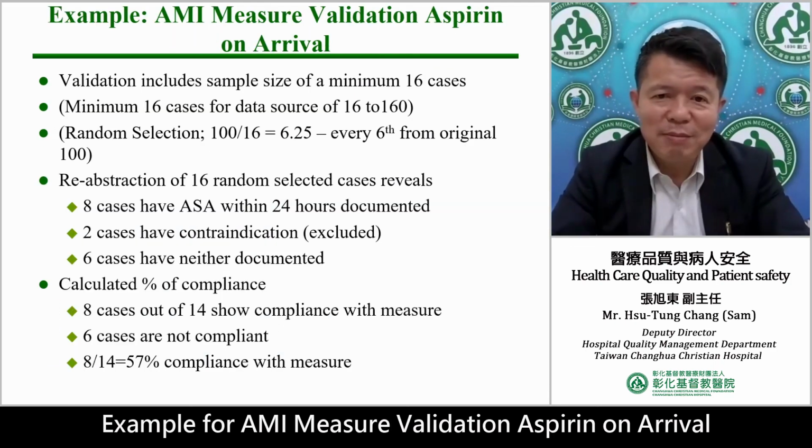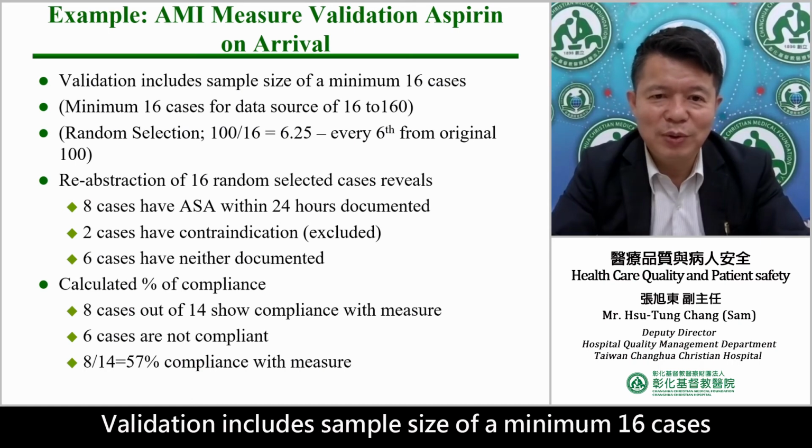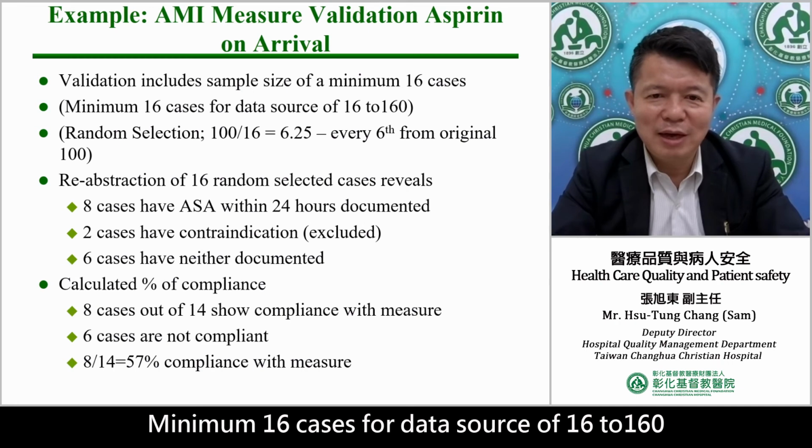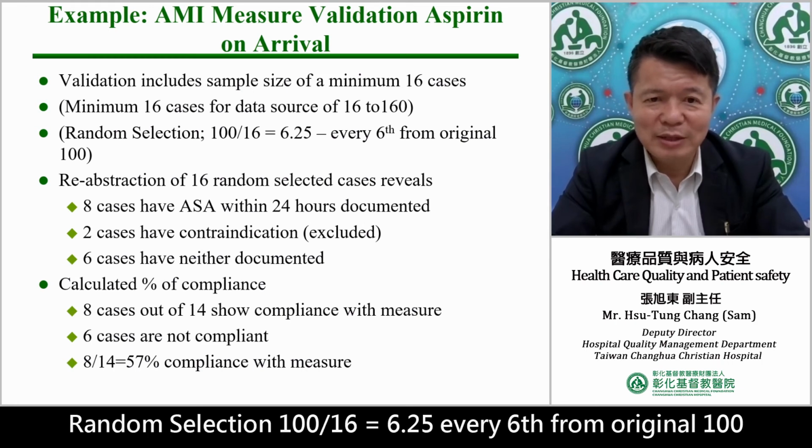Example for MI major validation, aspirin on arrival. Validation includes a sample size of a minimum of 16 cases, for data source of 16 to 160. Random selection: 100 over 16, we got 6.25, so every